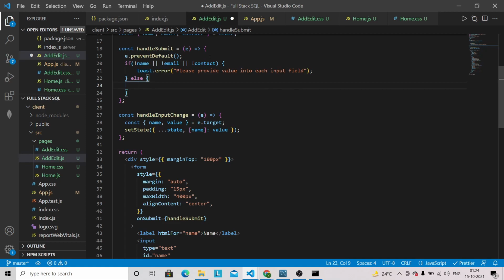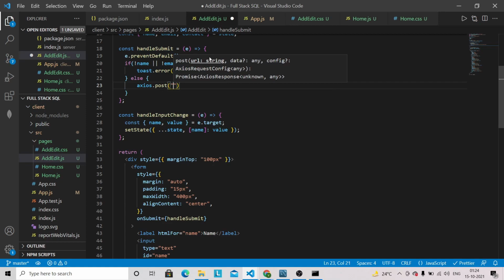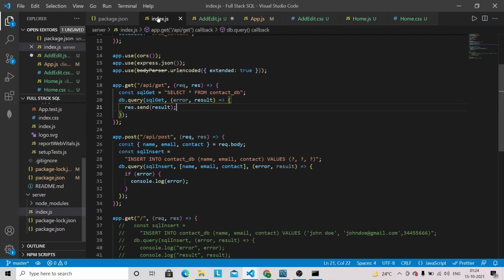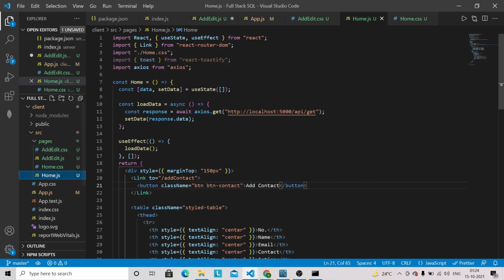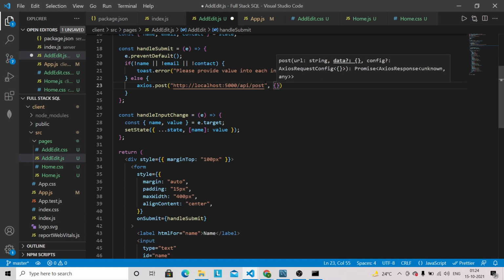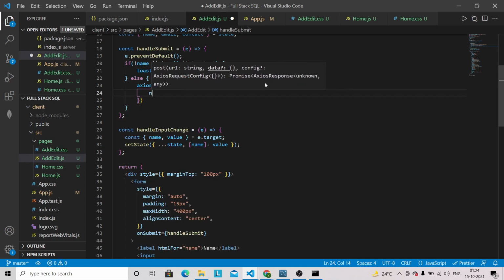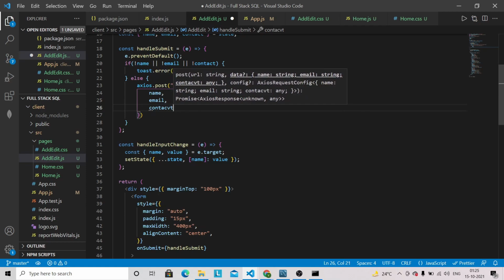So here we can do like axios.post, and we have the API. So this is the API we have here. So API post, so we are going to use that one only. So from home.js I'm just going to copy this one because it's almost similar, only this thing is changed. So we have to change this to post, and we have to pass the body. So we can specify like name, email and contact. Okay,